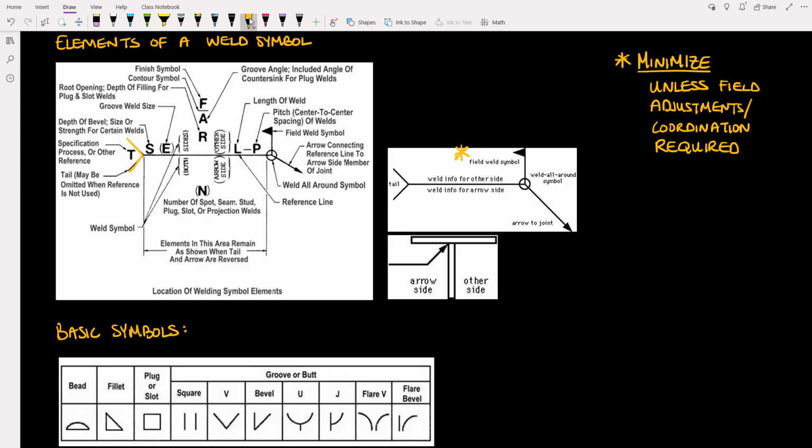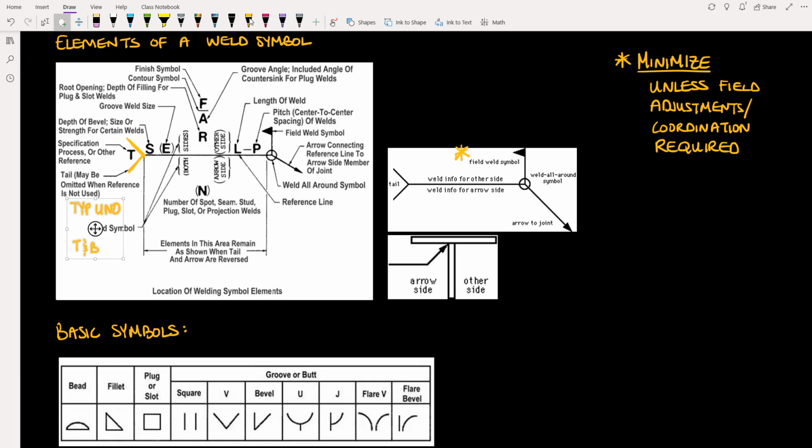And lastly, we may occasionally have this open pair of brackets here, and this is where the structural engineer will write any particular notes they want to include. For example, they may write typical unless noted otherwise, or they may say top and bottom, etc. Those notes would be placed